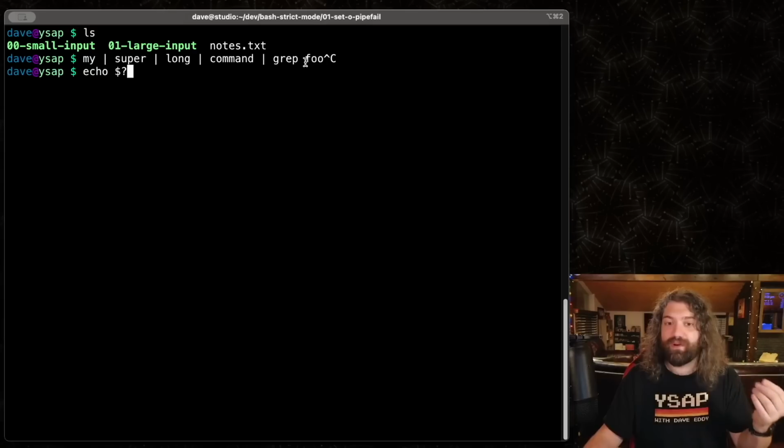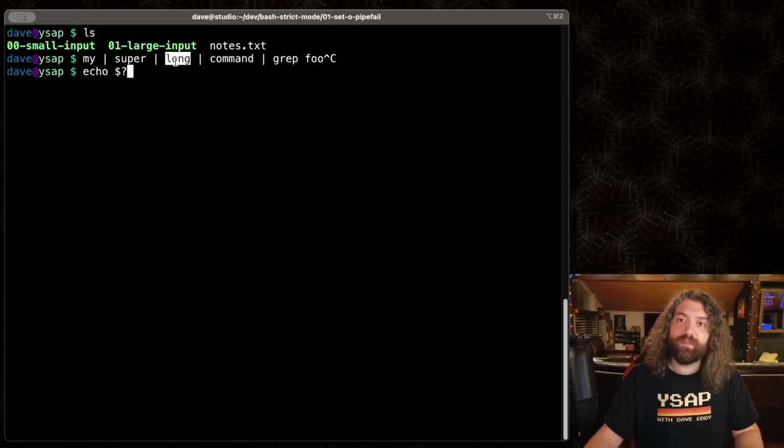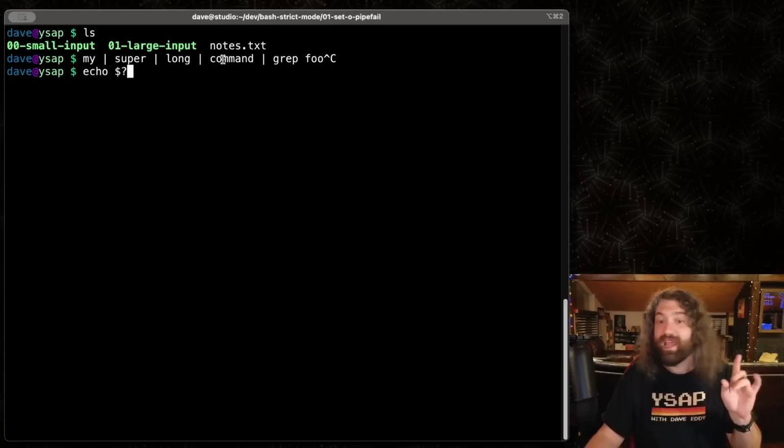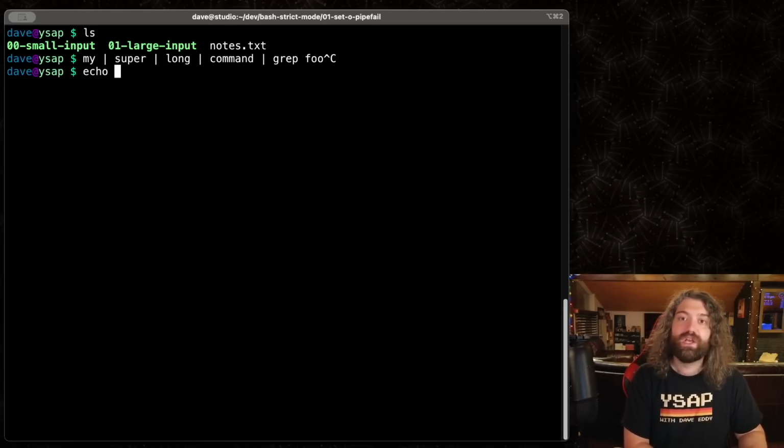That's super useful, but the problem is, what if you cared about if these things fail or not? If these things fail, you won't actually be able to detect it with bash how it normally runs without looking at the pipe status array variable. Because of that, we can set -o pipefail. And that way, if any one of these commands fail, it will consider that an error. It won't stop. It will just return that failure as $?. If you pair that with set -e, then it will fail. But set -o pipefail on its own won't actually stop execution. It will just return a failure if any command in the pipeline fails.